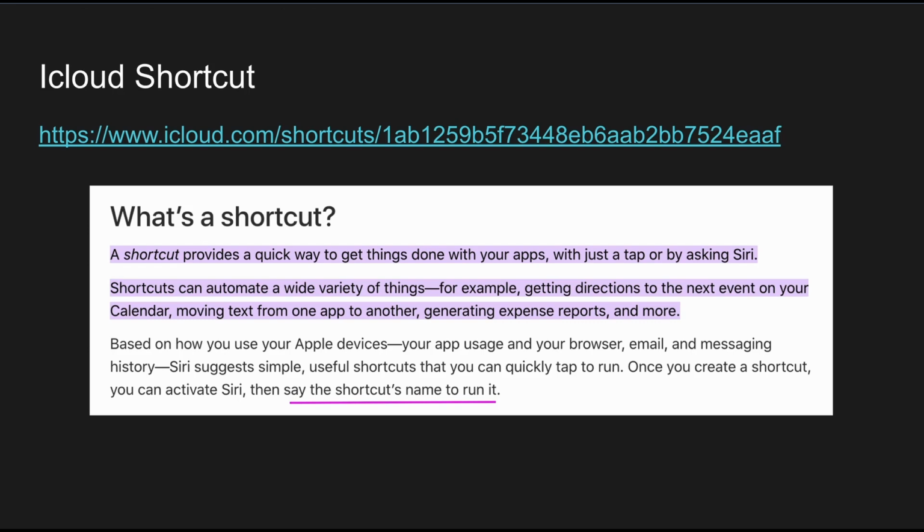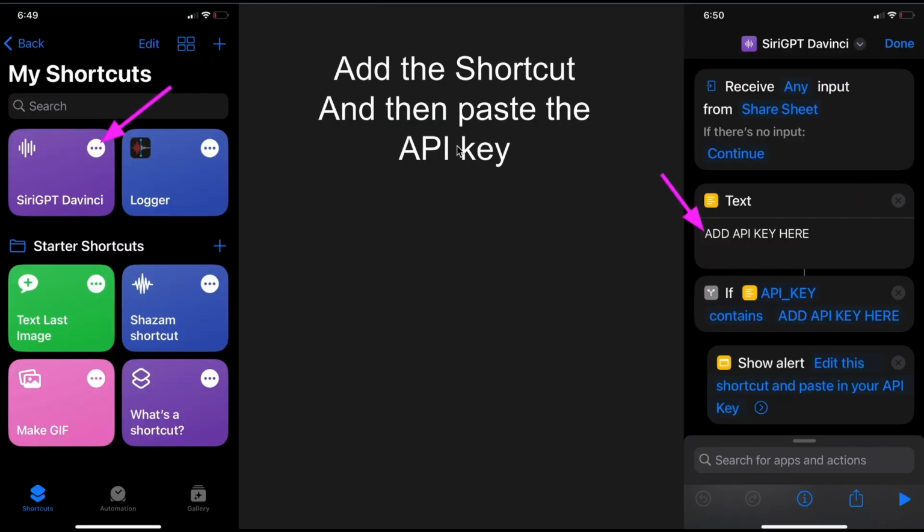In this case, we're going to use this shortcut for Siri. Siri has the ability to go and activate shortcuts, so we're going to use that for that purpose. If you follow this shortcut, then you click on it and say add shortcut, in your Shortcuts app on the phone, you're going to have this new shortcut, right? Which is basically what you see here on the right side. It has a number of instructions to follow, and then it has one place where you can add the API key that you just generated before from OpenAI.